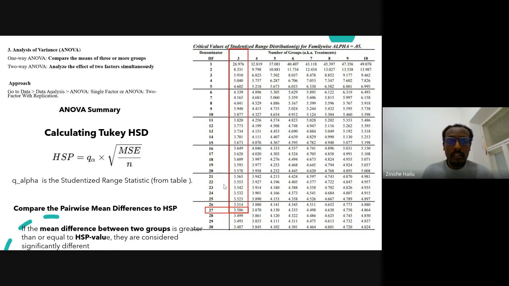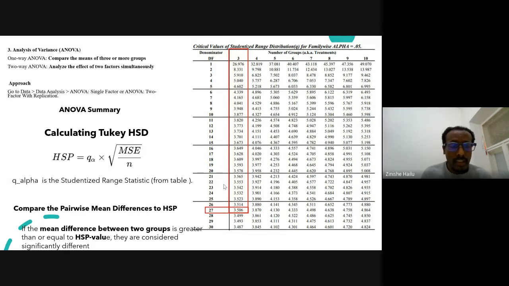Practically, we'll see later on. At the end, we'll get the summary of the ANOVA result with the p-value, the f-value, the different degrees of freedom, and the number of observations. All of these are summarized in the results. If we proceed with the post hoc test, we can also calculate it manually